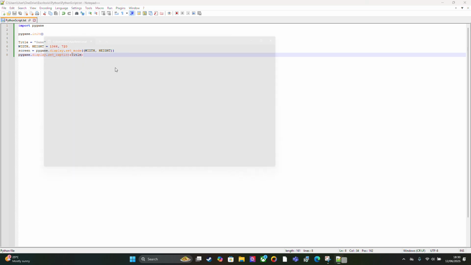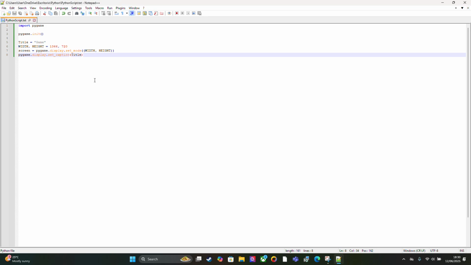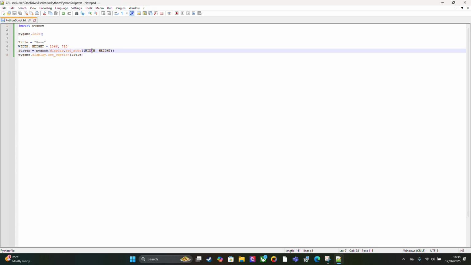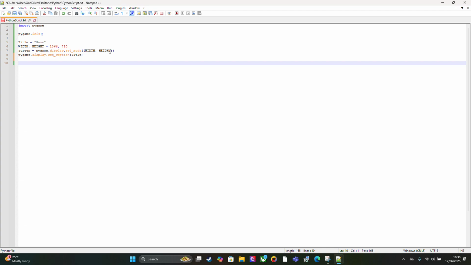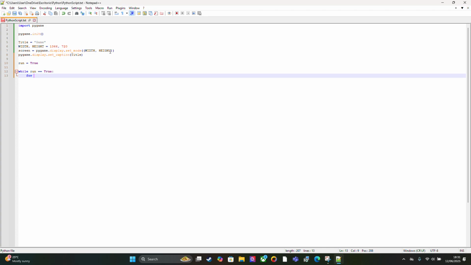Now let's run it. So we've got a window by the name of game. Now, we also will use loops, but for some text editors, we just don't need a loop. But they're still important. So we're just going to do it. Anyway, so let's make a new variable called run and set it to true. Now, while run equals true, for event in pygame.event.get,